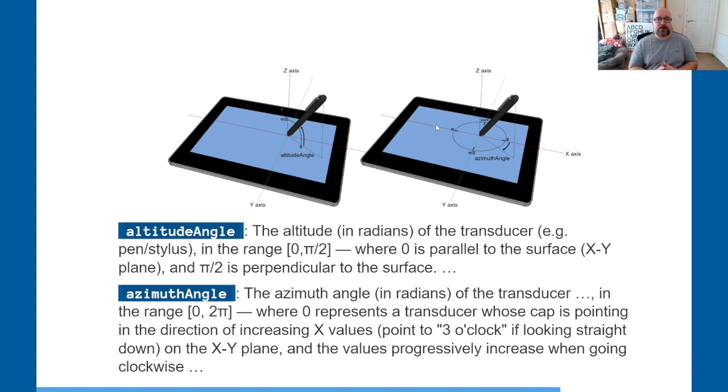Here are two diagrams of how to visualize altitude angle and azimuth angle. The definition is still fairly dense, but it is more intuitive from just looking at the actual graphs. Altitude angle is the altitude in radians of the transducer, e.g. pen or stylus, in the range of 0 to pi divided by 2, where 0 is parallel to the surface, the XY plane, and pi divided by 2 is perpendicular to the surface. And azimuth angle is the azimuth angle in radians